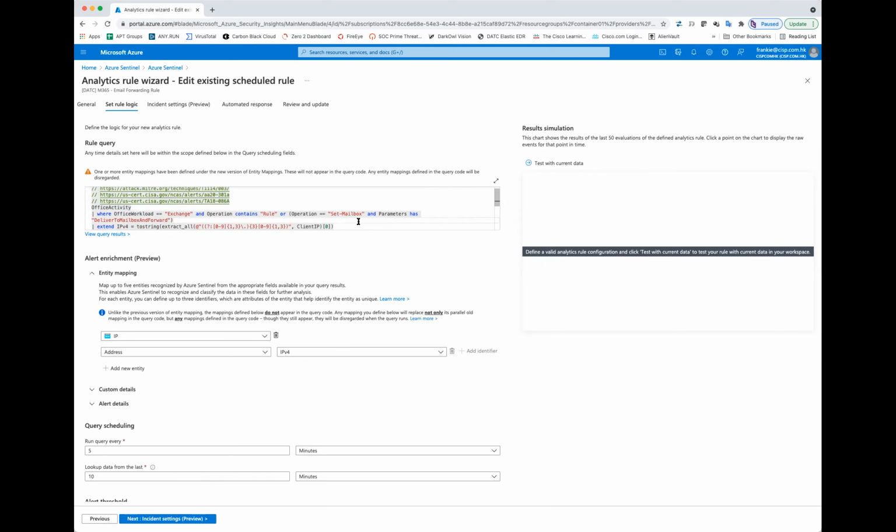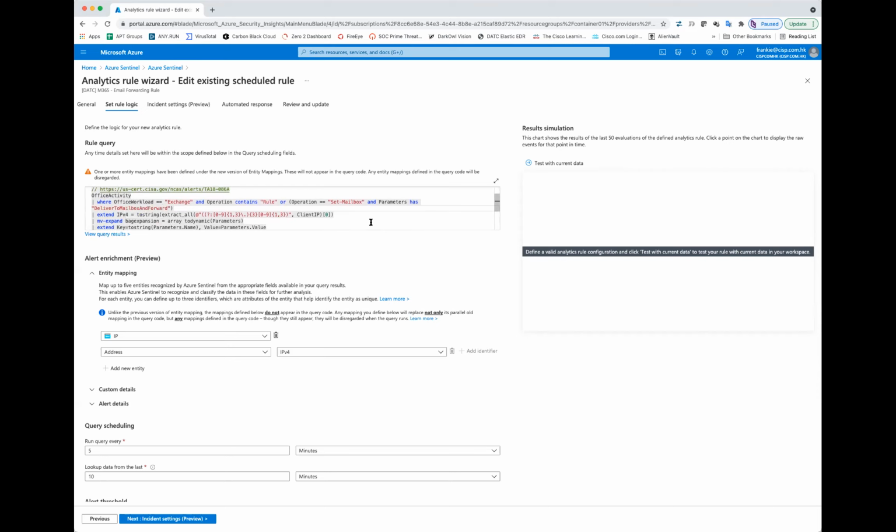So we go to the Office activity table and find the Office workload coming from Exchange. Whenever the operation contains forwarding rule or transport rule, and then set mailbox rules with a parameter that has deliver to or forward to some other location,